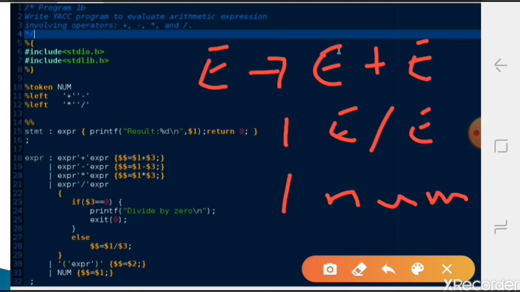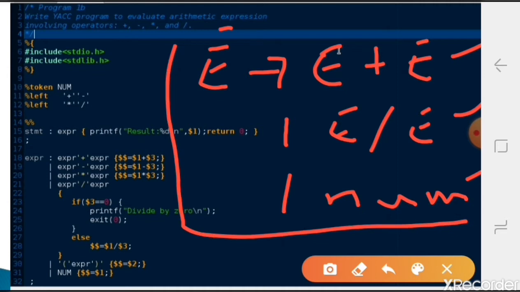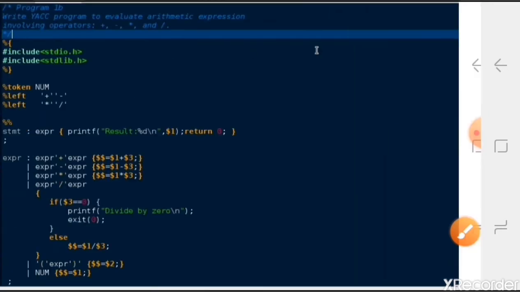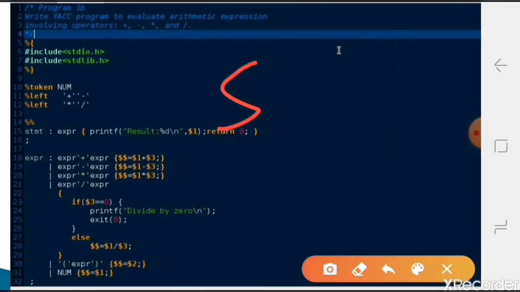For each production that is there, we write some action. This grammar should have one starting part, which we write as S producing E. Then E producing whatever grammar is there, we will write.